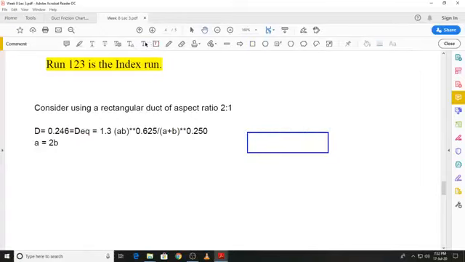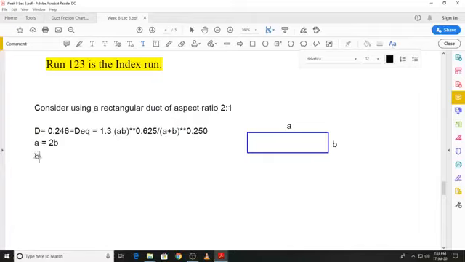We have A over here, and this is B. Now what we will do in this equation, where we have A, you will substitute 2B, so it will become 1.3 times 2B square raised to the power 0.625, then it will become 3B raised to the power 0.25, and then there is just one unknown, that is B,